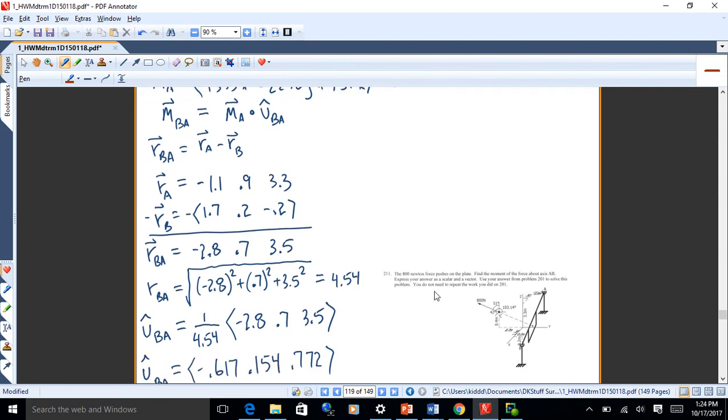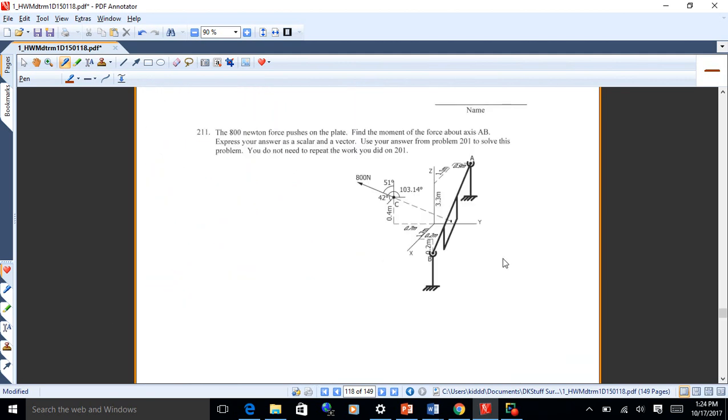Okay, so the problem here is to find the moment of the force about this axis, i.e. how hard will that force make that little thing on the bearing sitting there with the plate on it spin about that axis. That's really what that means. So if that force were projected back onto the axis,